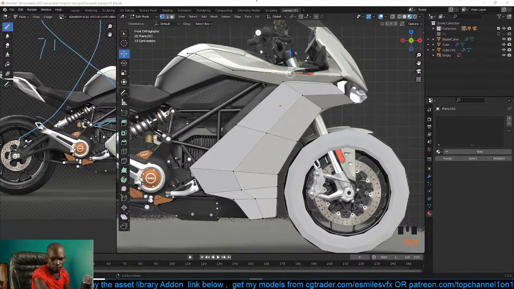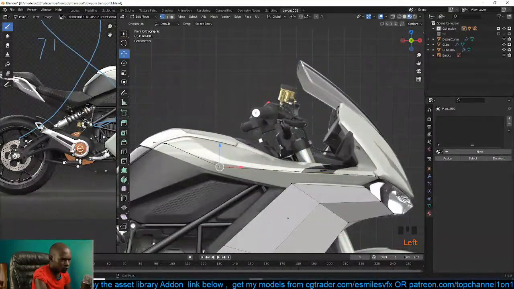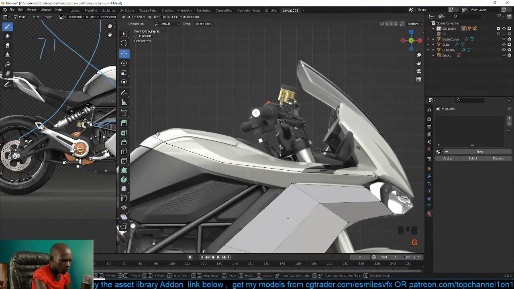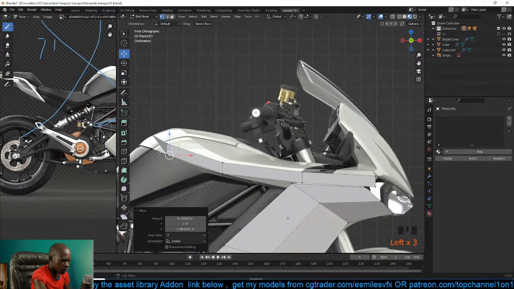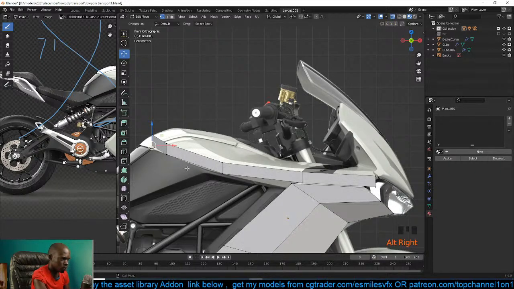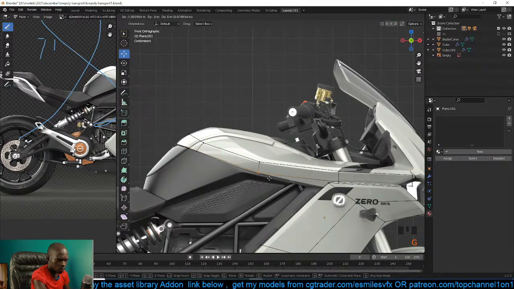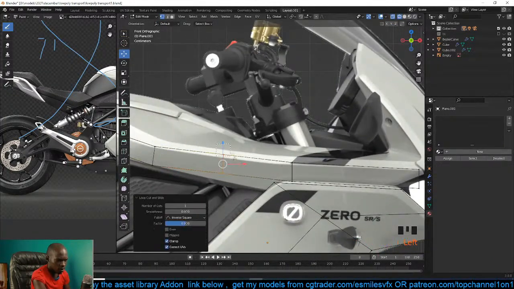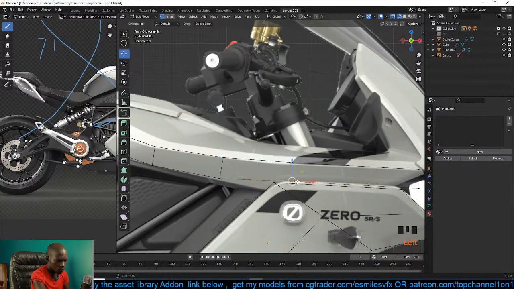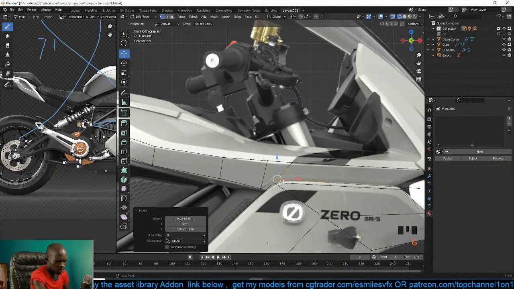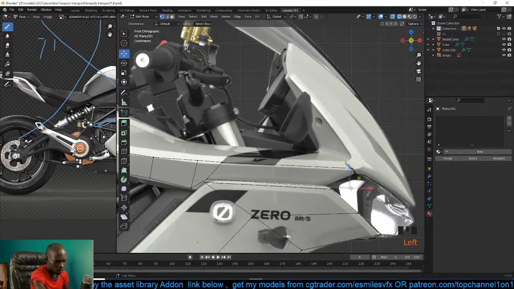Okay. Why is my music not repeating? Okay. Grab this like that. Extrude down. Okay. Yes. Again, I don't want to make this high poly, so